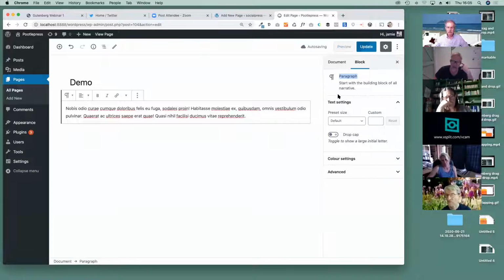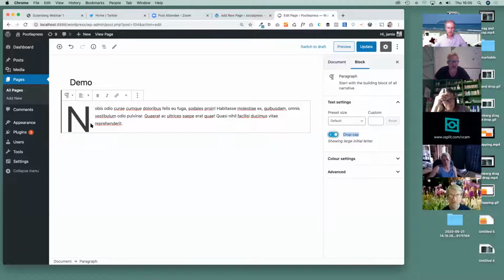But there are many, many other types of blocks, in fact about 100 blocks that you can use now on your pages, the paragraph being the most simple one. You'll see the customization options over here on the right-hand side to do with this paragraph block. So for example, with this one, we can do things like add a drop cap. You see this little option here? That's just built in, and it gives you one of those drop caps there,